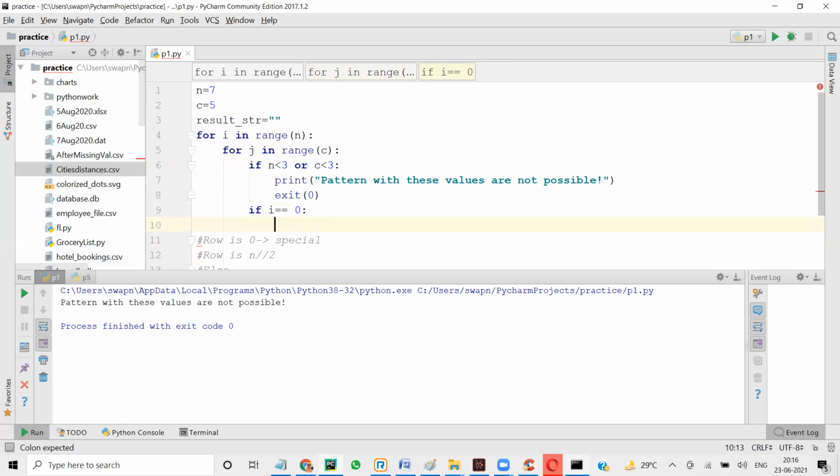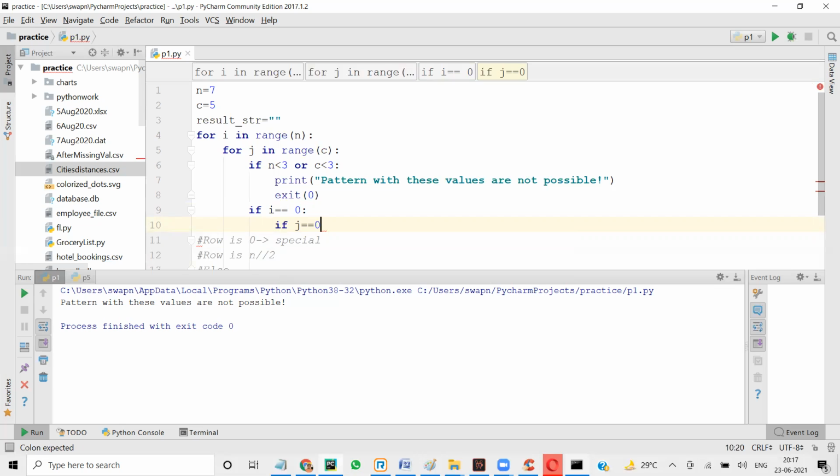And here what we need to do is, if i is 0 and also if j is 0, that means it is the first character. Of course i being 0 means the first row, and j being 0 means the first character.